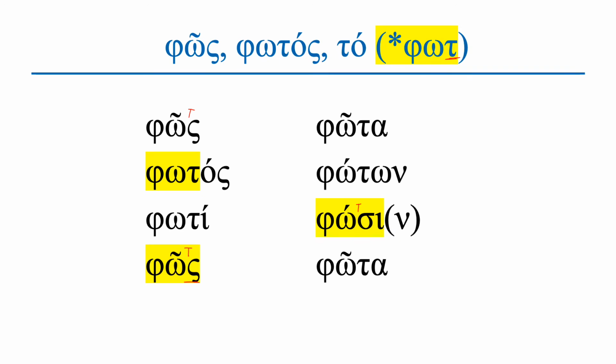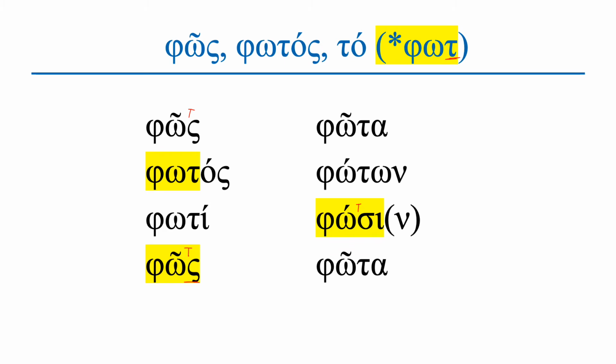Then here's another one, phos. The word phos means light and is neuter. In the nominative, it is phos, but in the genitive, it is photos. Why is that important? As you remember, it gives you the stem of the noun. So the stem is phot, as I put in the yellow there. Then you have photi, and then you have phos in the accusative singular, because since it is neuter, the nominative and the accusative will be the same.